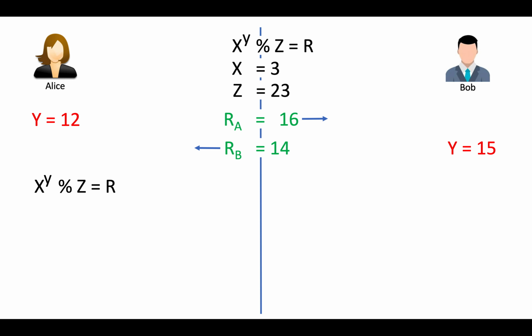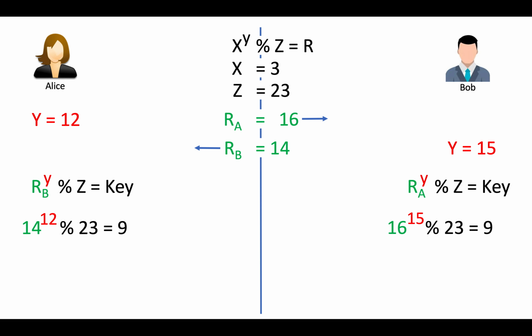Alice reconsiders the formula, replaces x with RB, and calculates the key. On the other side, Bob also reconsiders the same formula, replaces x with RA, and calculates the key. You can see here how both have protected their secret info and still derived the same key. If someone on the network captures all the information exchanged between Alice and Bob, they still cannot derive the same key. Of course, in practice, the formula is more complex and the values are 2000 to 4000 bits long, so it is extremely difficult to brute force.